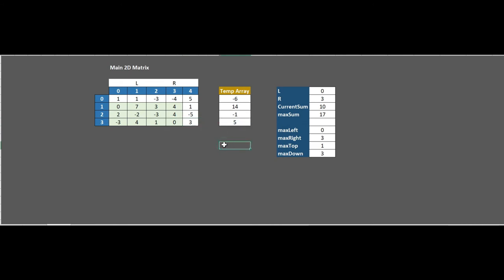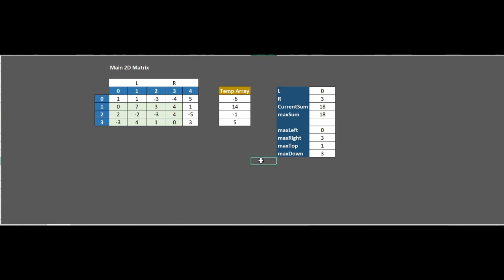If we apply Kadane's algorithm here now, this part will give us the maximum value as 18. So we add this 18 here, and the current sum 18 is greater than the maximum sum 17. So in this case we have to replace.